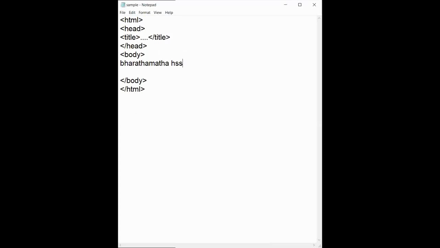What I have to do is double click on the location where I have saved it. Immediately a browser like this will be opened for you. Since I have saved the file, I'll just click on the refresh button. Can you see the contents that are placed